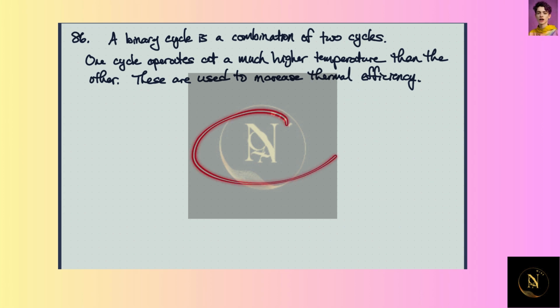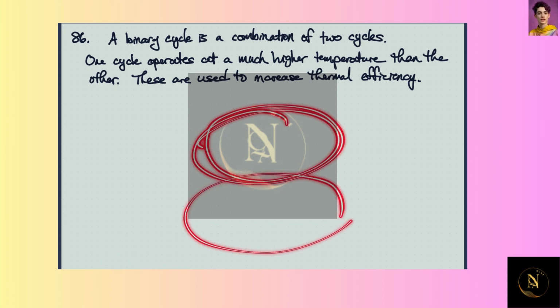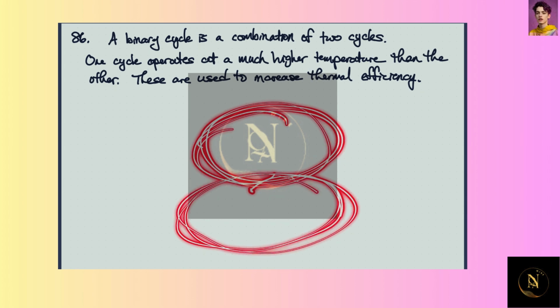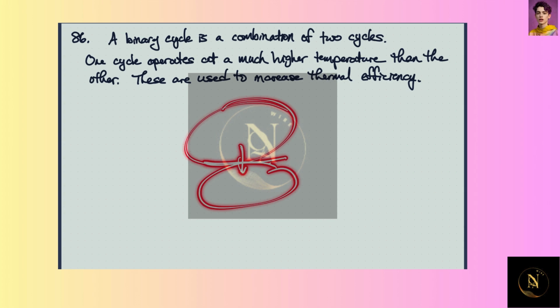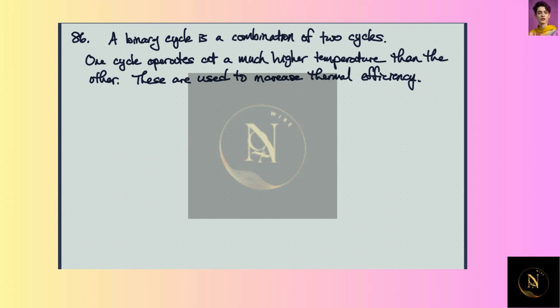So we have a high temperature cycle and then a low temperature cycle, and so we have two different working fluids. And the idea is basically the condenser of one is the boiler of the other. So you're dumping heat from the high temperature cycle into the low temperature cycle. So yeah, one cycle operates at a much higher temperature than the other, and it's basically used to increase